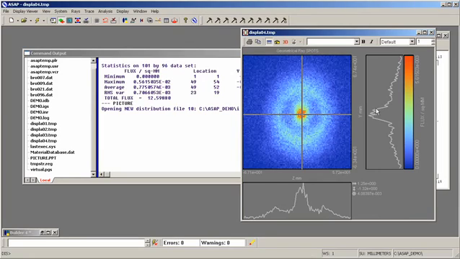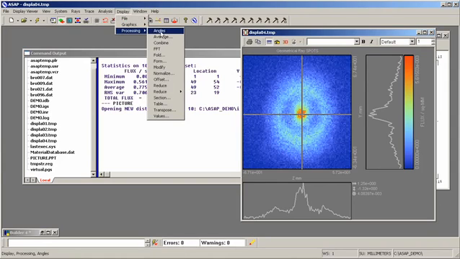Okay, depending on how many rays you've specified at the source, you're going to have different levels of statistical noise in the result. Okay, if we want to reduce the statistical noise in the result, one thing we can do is go back to the builder window and increase the number of rays. Another option is just to average out some of the noise in the display